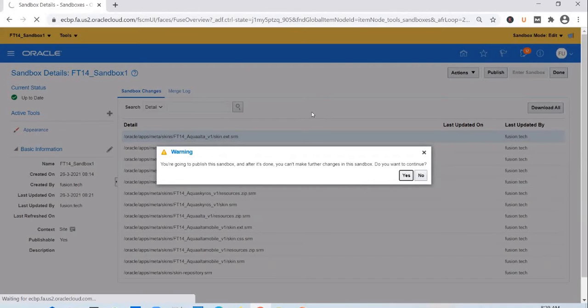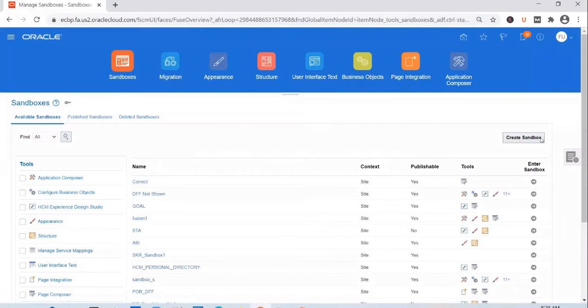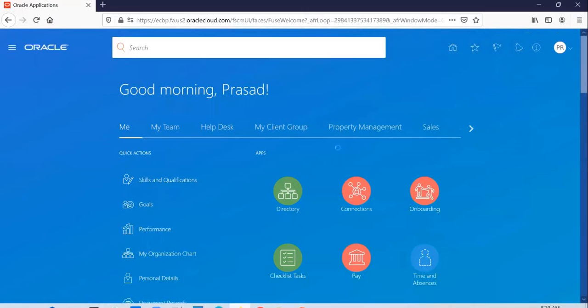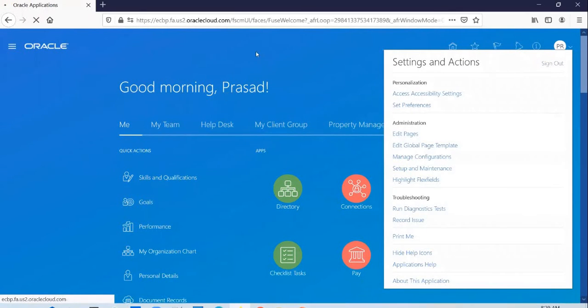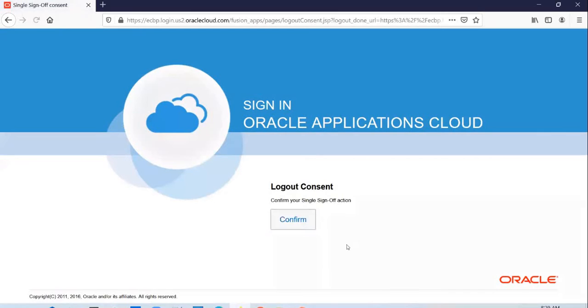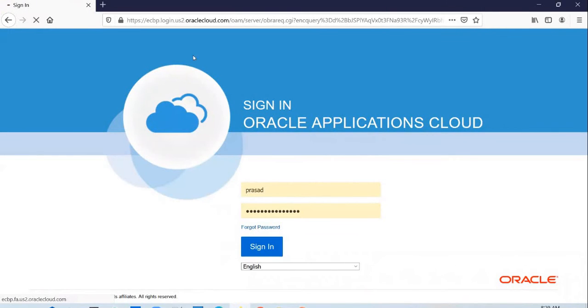And you see that the sandbox gets published now. Okay. And if I log into the application, if I just sign out and sign in from a different browser as a different user, I should still be able to see the change because the sandbox is published now, which means it's in the application.